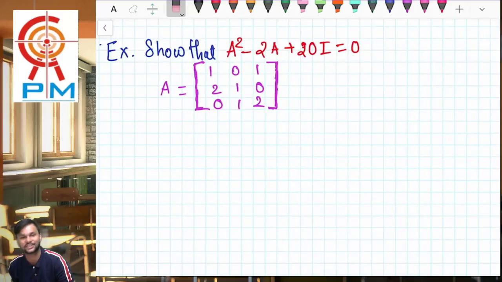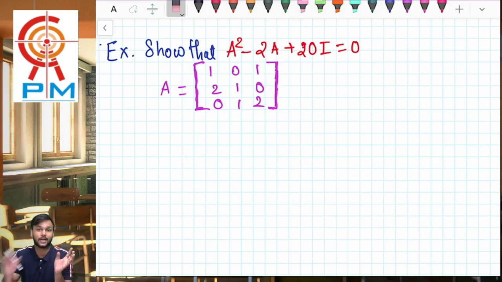Well, as promised, again in this matrix series, I welcome you all for the next example, in which we are going to solve a big matrix, a series of matrix algebra. Algebra of matrix is basically what will continue here. They have asked us to not just find out, we have to show whether this entire equation is equal to 0 or not.